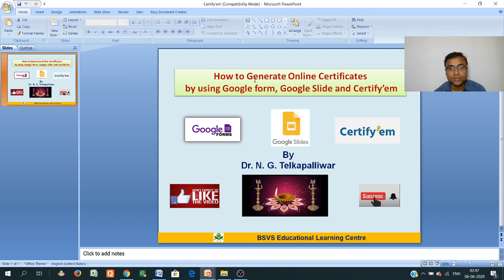Today I am going to discuss how to generate the online certificate or e-certificate by using the Certify Me add-on along with Google Form and Google Slide. There are different types of add-ons available in the G Suite Marketplace from which we can easily download or install this Certify Me add-on so that we can generate online certificates by using this Google Slide